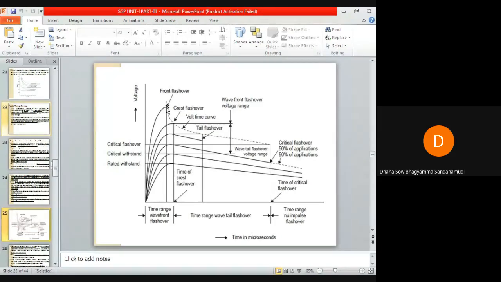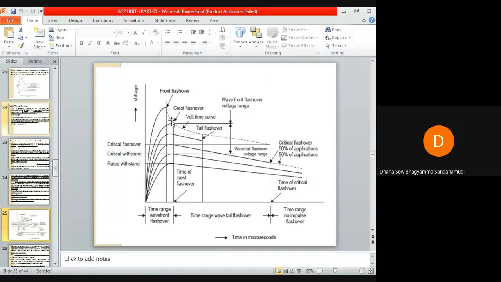Okay, so at this point you can mention a point here. You can put a point at this location wherever flashover has occurred. The value of the voltage corresponding to this point is known as the front flashover voltage. Now let us vary the voltage level. If I am reducing the voltage level,